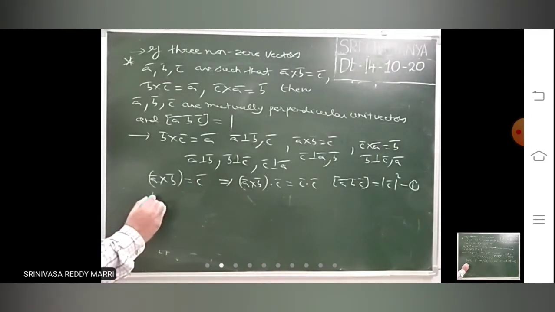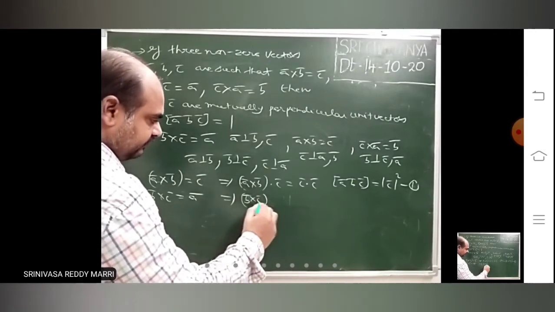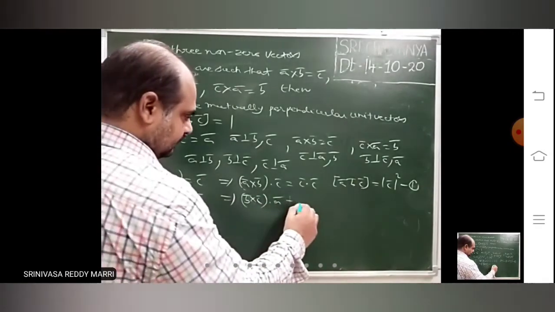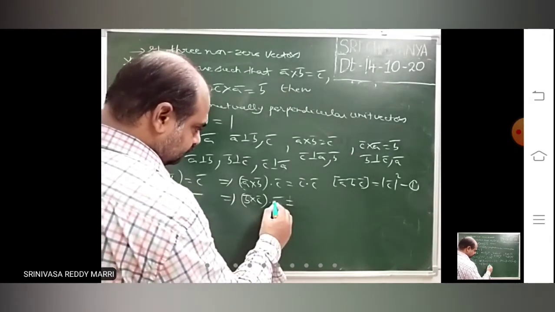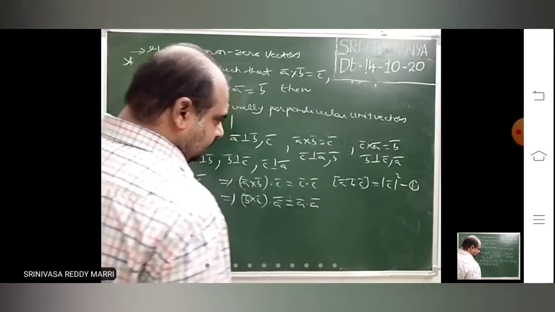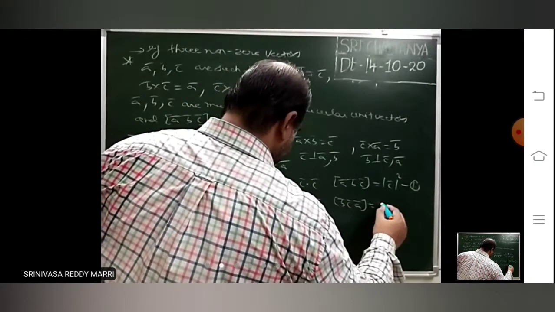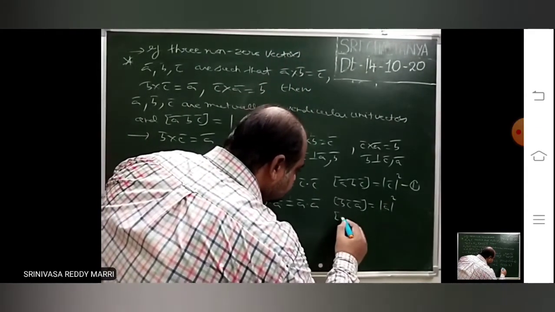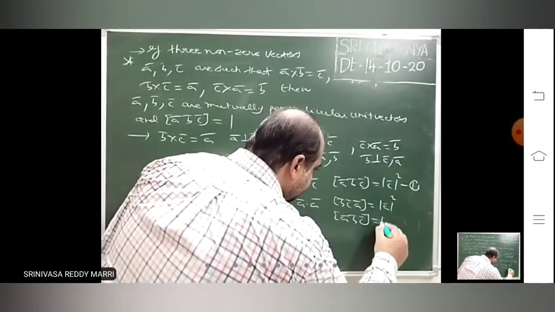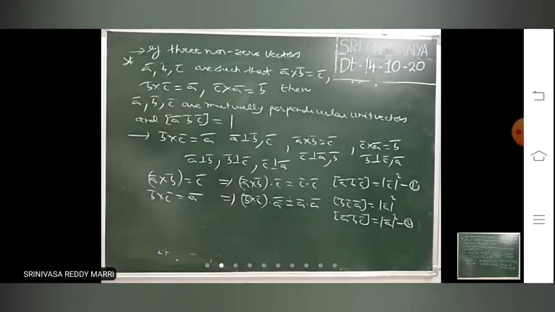So next you take B bar cross C bar equal to A bar. That implies I am doing dot product with A bar on both sides. A bar dot A bar. This is nothing but modulus A bar whole square. Box BCA is nothing but, I have told, box BCA is nothing but box ABC. Let us say second equation.